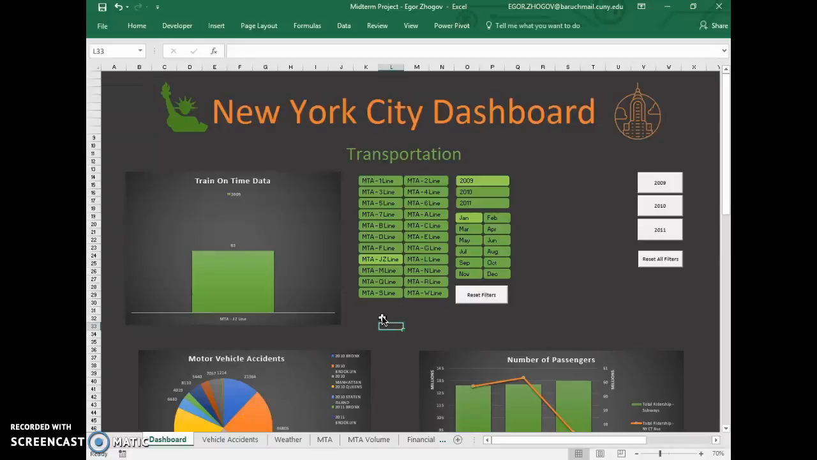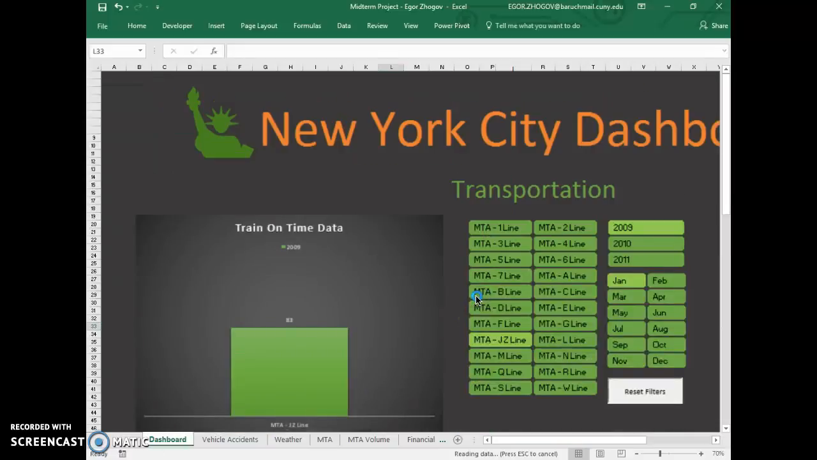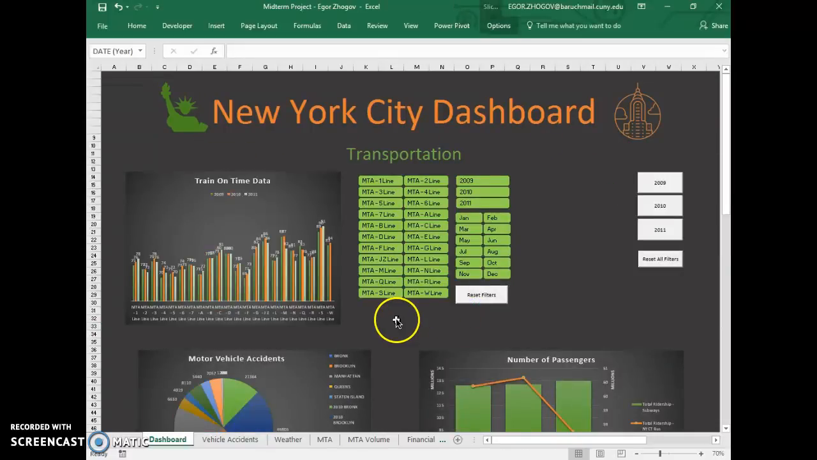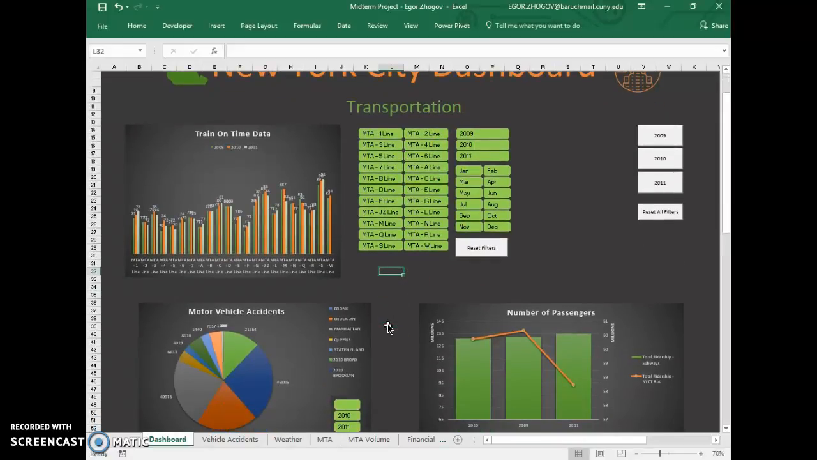Also, I have recorded a macro here to reset all 3 of these filters, just so it's easier to use. Let's try this. As you can see, we're back to where we started. Now let's take a look at the next chart,